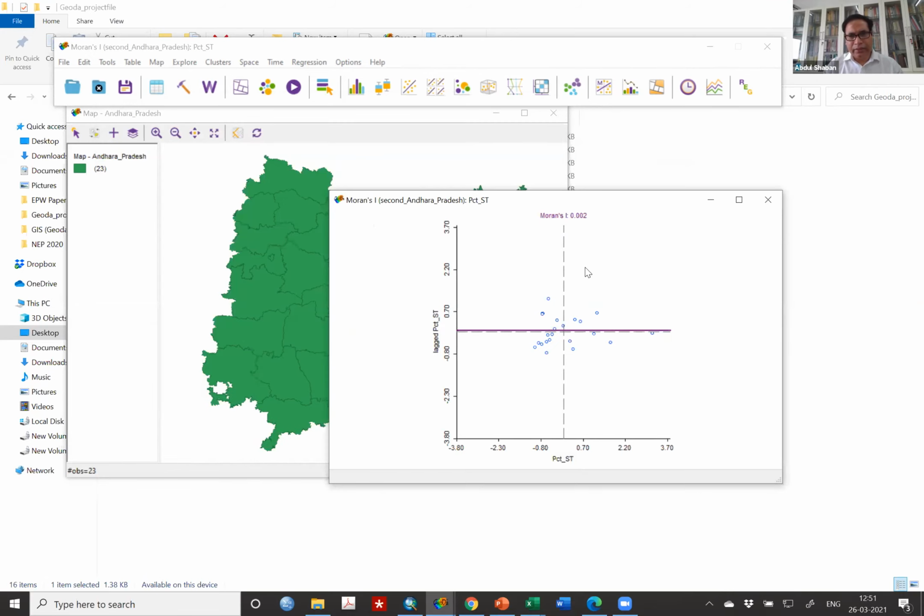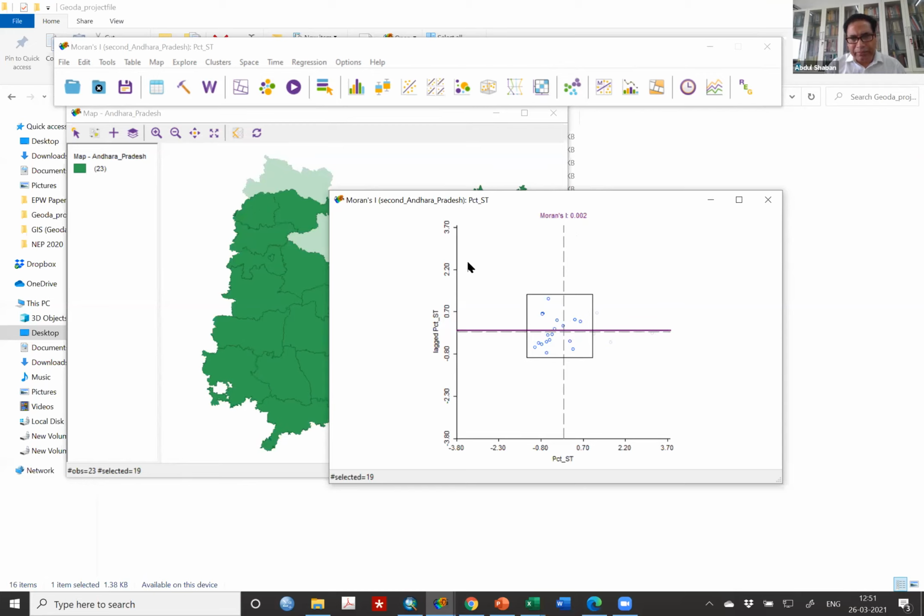Here, in the ST population, you don't find spatial association, because the Moran's I value is 0.002, meaning there is hardly any clustering emerging, maybe because there are some outliers here. This may be the reason. If you block some of them there may be some, but it's still not emerging much.